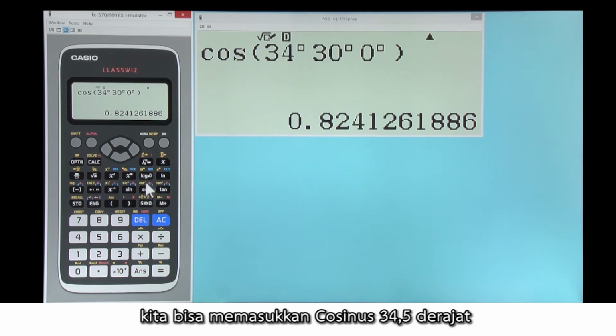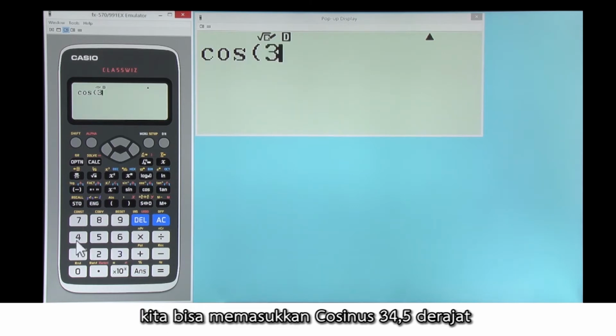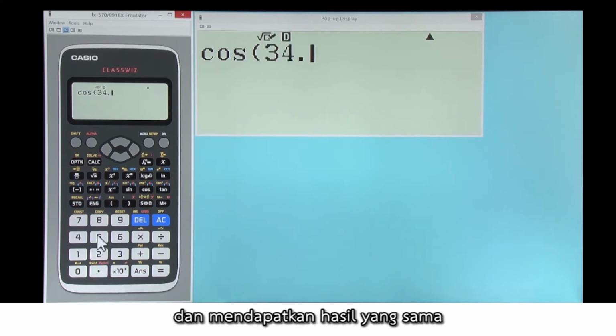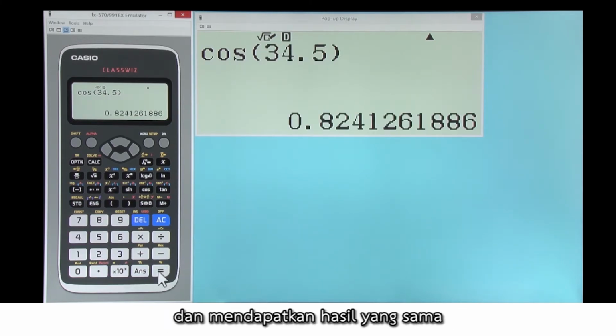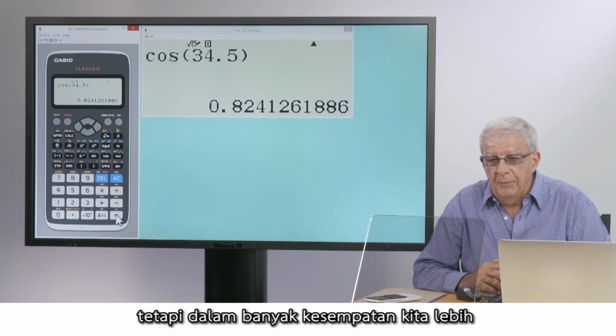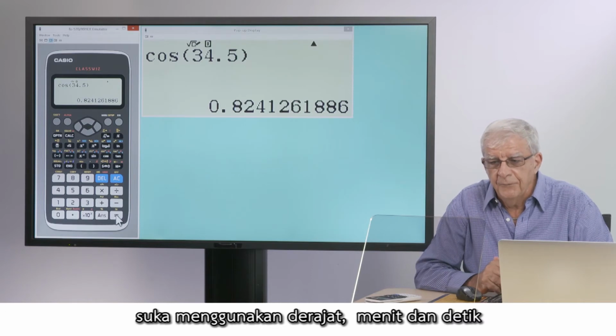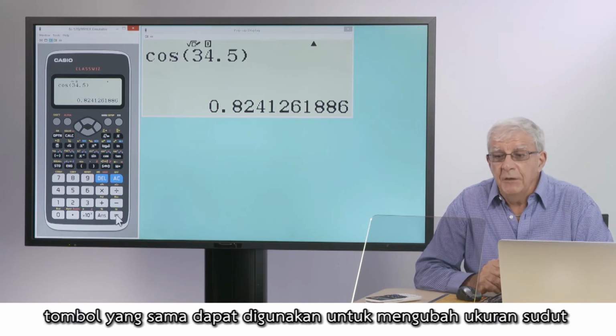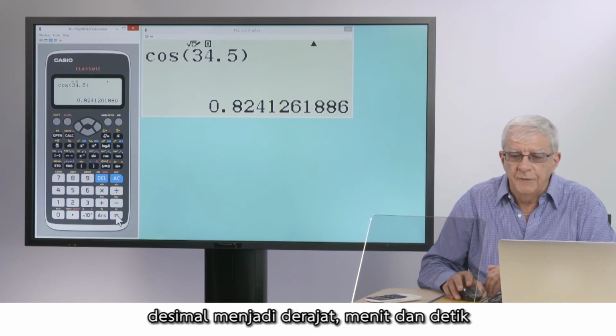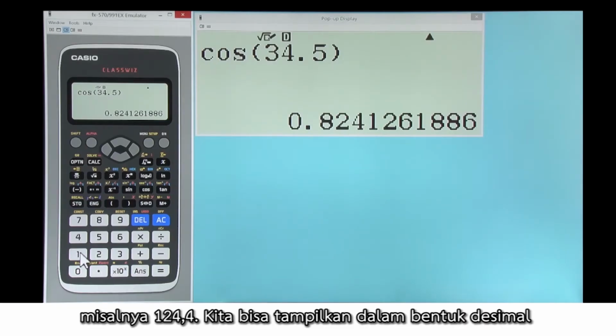We could put in cosine of 34.5 degrees and get the same result. But many times we would prefer to use degrees and minutes and seconds. The same key can be used to convert a decimal angle measure into degrees and minutes and seconds. So for example,